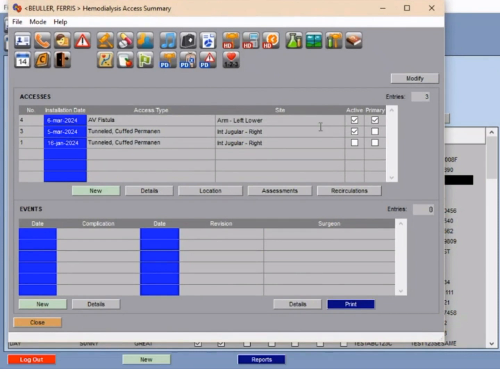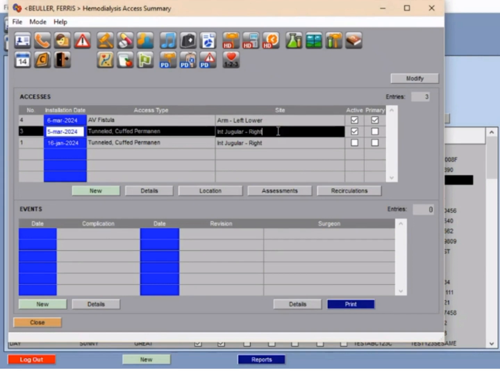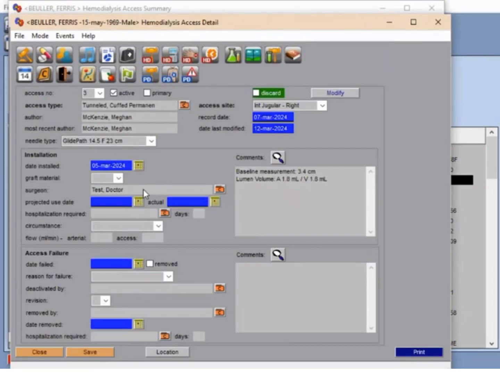To deactivate the removed or failed access, I will begin by opening the hemodialysis access summary screen, and I will select the access that I wish to deactivate. In this case, it is a tunneled catheter. I will click Details on this access, and I will come here to complete the access failure section found at the bottom of this screen. I will use the calendar to indicate the date the access failed. This is the date the access stops working or is deemed inactive, which may or may not be the date it is removed. Because the line was removed on this date,